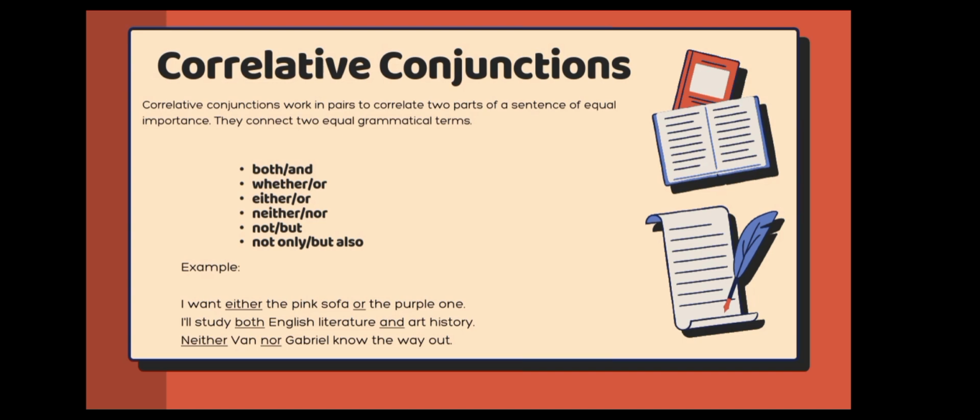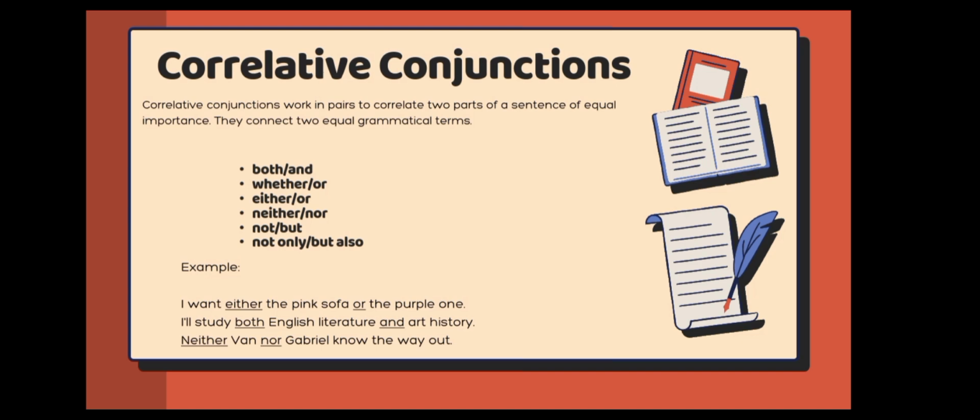So the conjunctions used in this type are as follows: both...and, which means talking about two things together; whether...or, either...or, which also means picking between two choices; neither...nor, which means showing two things are not true; not...but, and not only...but also. They both connect. So the example sentences